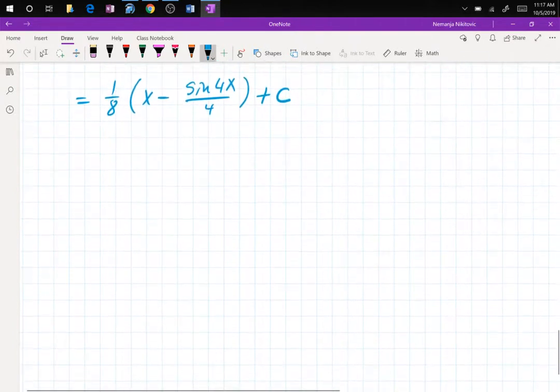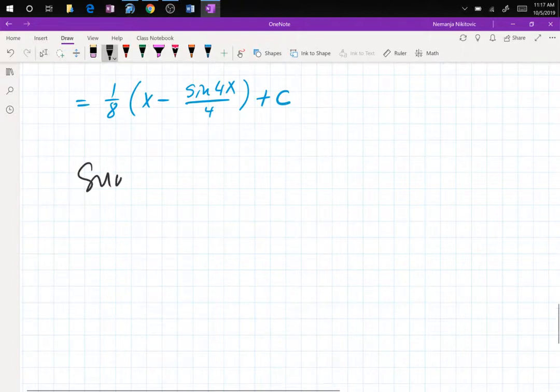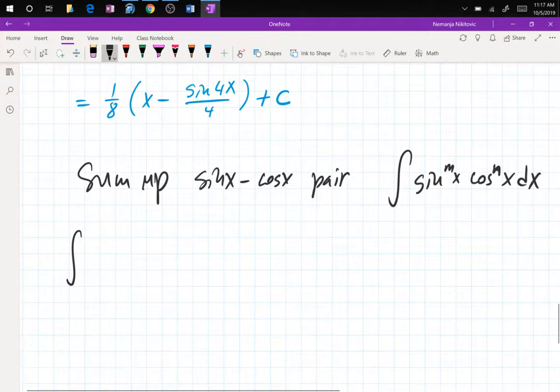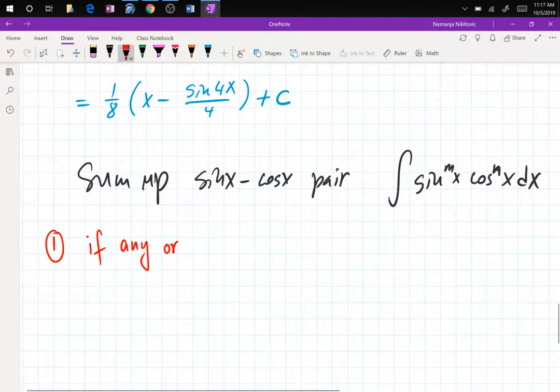So now let's sum up the sine-cosine pair. If you have the integral of sine to the m x cosine to the n x dx, we'll have two possible cases. Case number one, if any or both are odd,